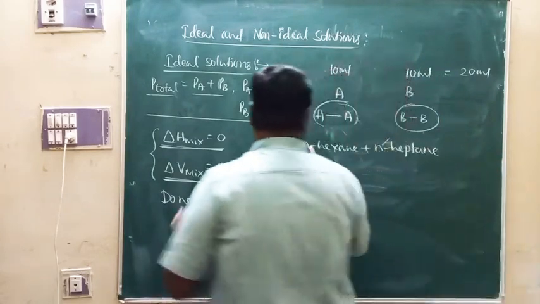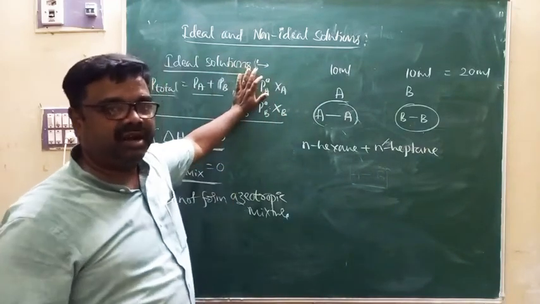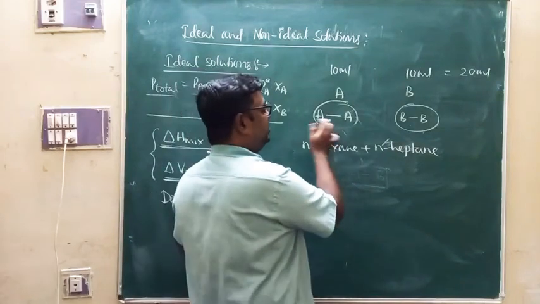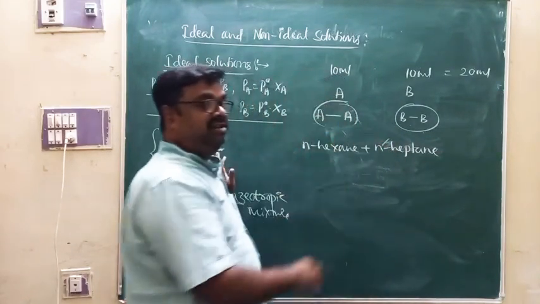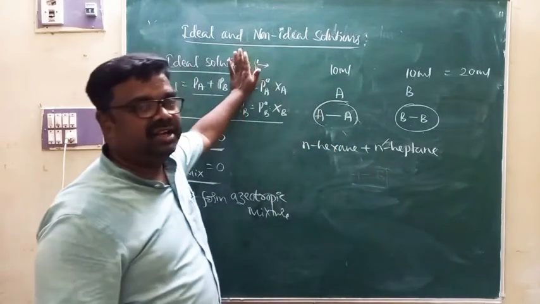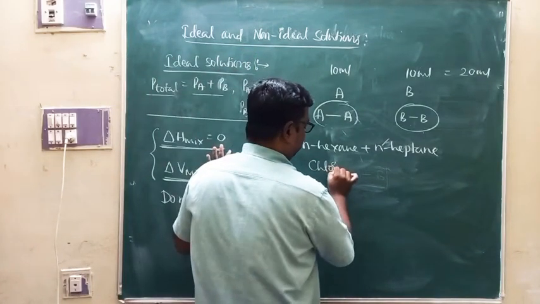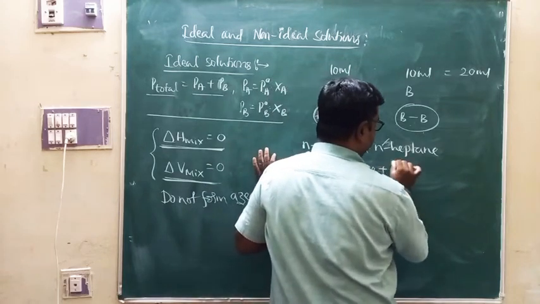So it is n-hexane and n-heptane. Both have unbranched chains of carbon atoms. Both are hydrocarbons. Therefore, the interactions among the molecules of hexane and among the molecules of heptane are similar to the interactions between n-hexane and n-heptane. Because of that, they form ideal solutions. Again, chloroethane has similarity in structure with bromoethane.